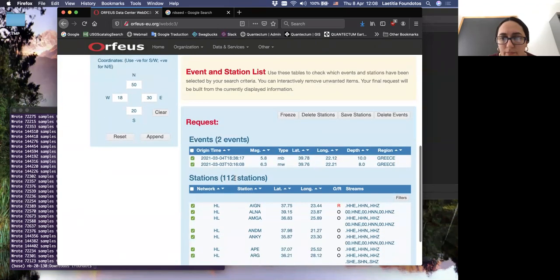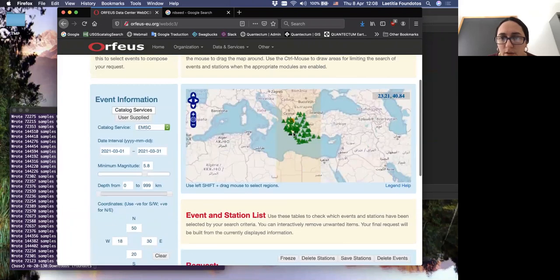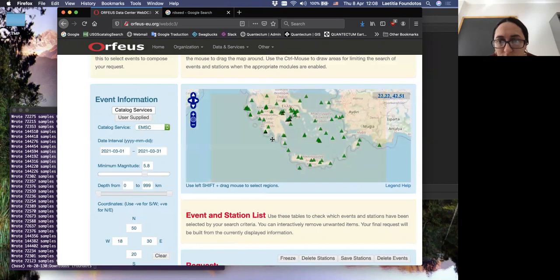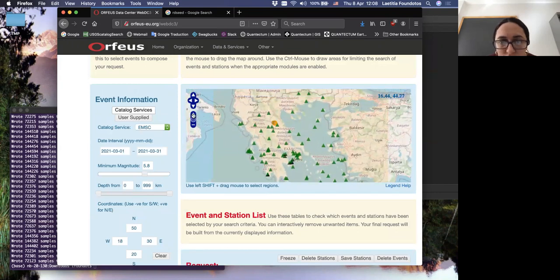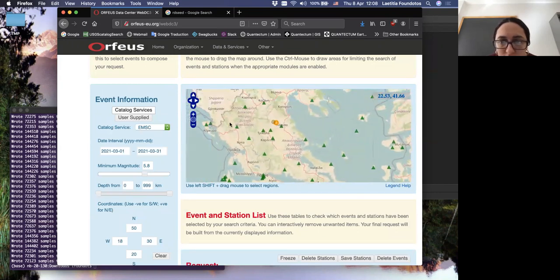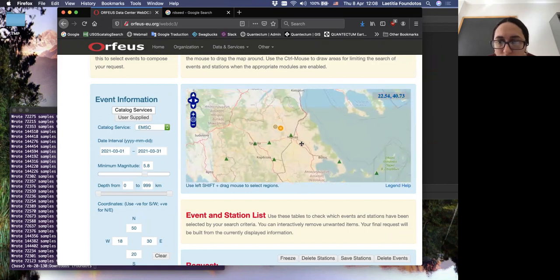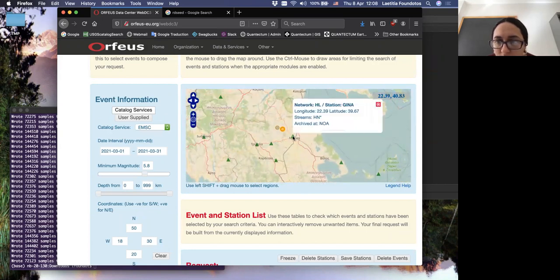Okay, so let's zoom. Now we have the earthquake, so let's zoom on it, and maybe we can just search for the closest station and take a look at the recording. So this one, I guess, will be interesting. So Gina station.